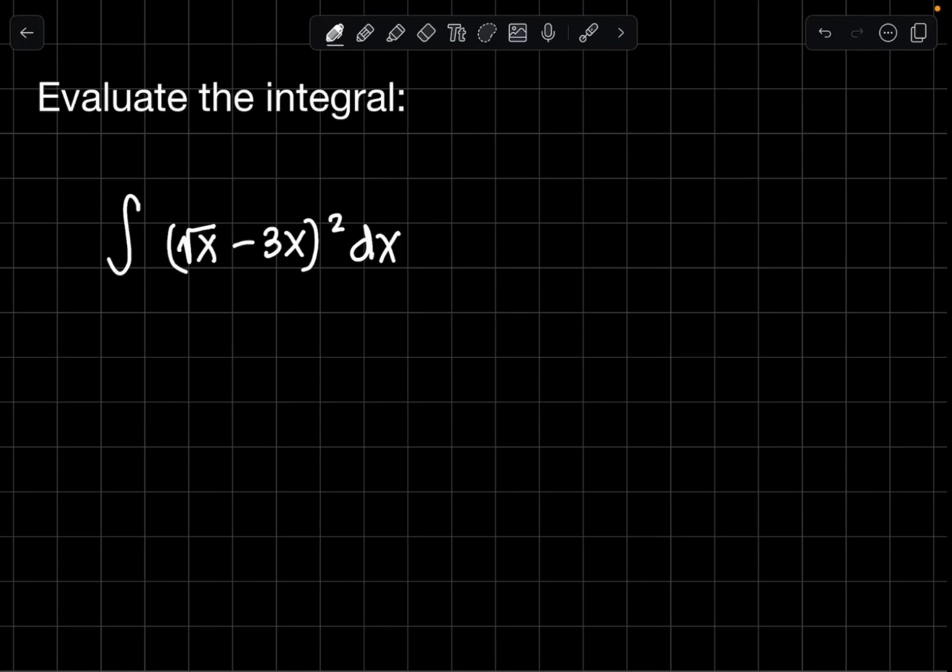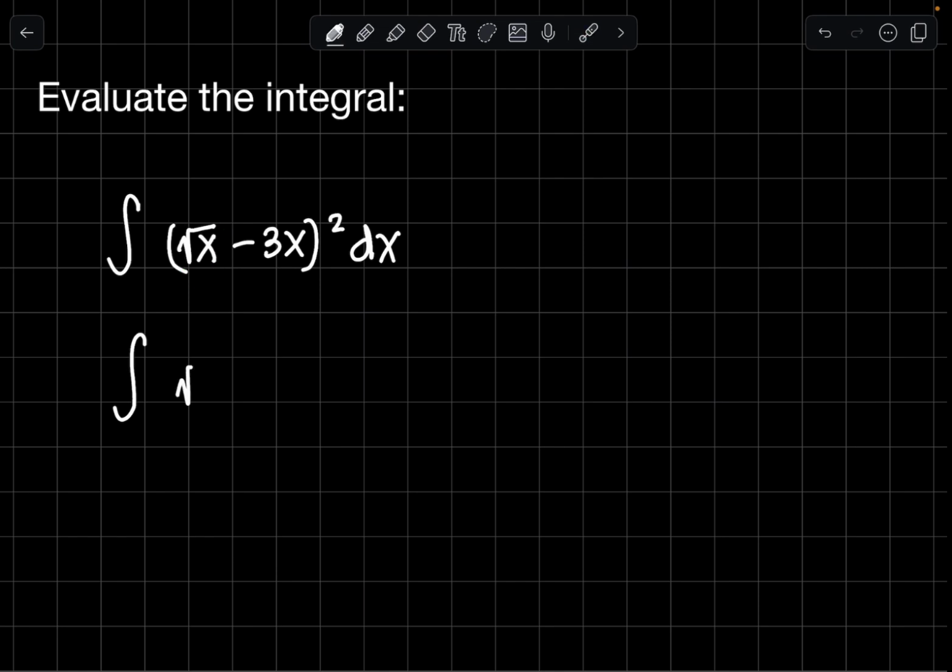Evaluate the integral of square root of x minus 3x quantity squared dx. So we can expand first the square of this binomial. Applying the formula for the special product for the square of a binomial, we need to square the first